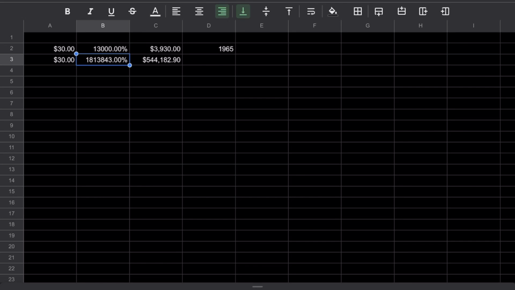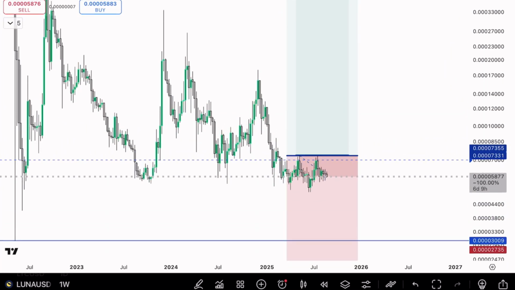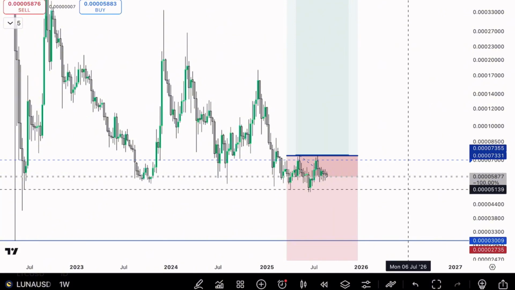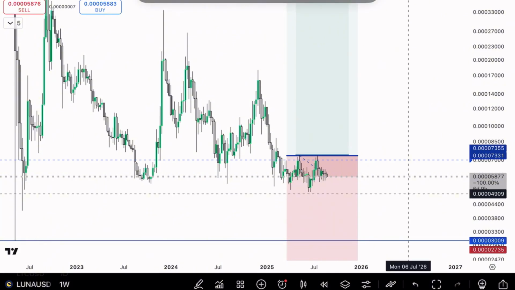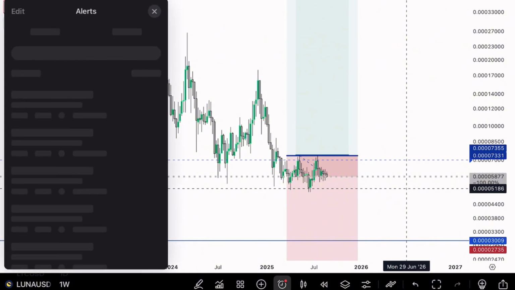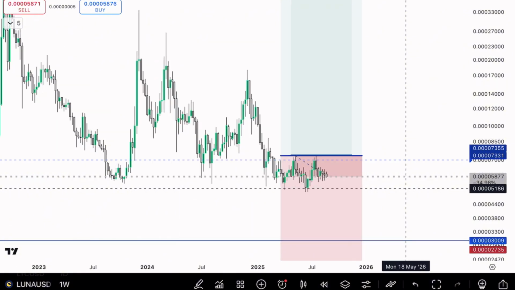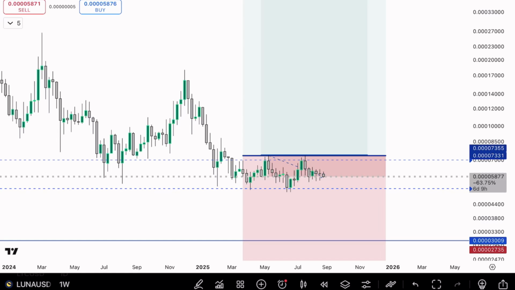So that's pretty much it. I already have alerts set on Terra Luna. I need to maybe set one below here to see if it's gonna go below, like maybe right above the last bottom. Let's see, I'm not in this either. Point 51, so that's 51.86. Okay, all right, and that's looking at the weekly chart.